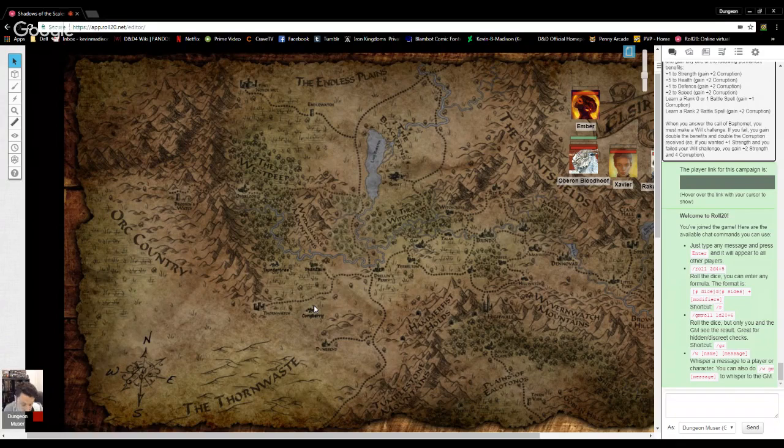So the characters agreed that they would take on this job, and they set out into the wild to try and find Rivenroar, and then somehow effect a rescue of these people, and if they can, to recover the relics that were kept in the Hall of Valor. So the characters set out, and we're still playing 4th edition D&D at that point.